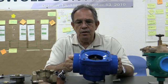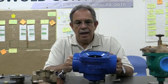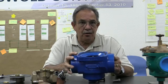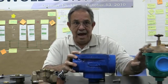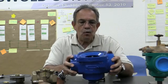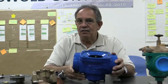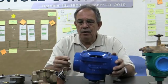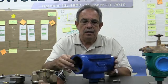Now what I'm showing you is our epoxy coated feature. This is an option. The color is blue, not green; the old style epoxy was green, which you can see here to my left. We epoxy coat the inside of the body as well as the outside of the body. The only thing we don't epoxy coat is the threads themselves. Now,